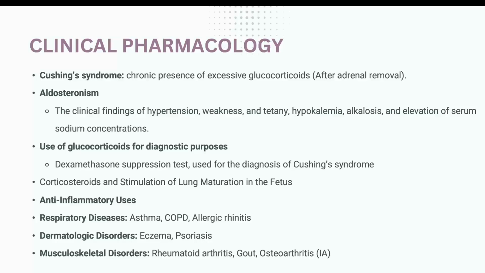Rheumatoid arthritis is an autoimmune disease in which the immune system attacks the joints, leading to inflammation. Gout is accumulation of uric acid or sodium urate. Accumulation of uric acid or its salt leads to inflammation. Osteoarthritis is also an inflammatory situation. We use glucocorticoid for such situations, and it is very effective, very potent, and very efficacious for these cases.